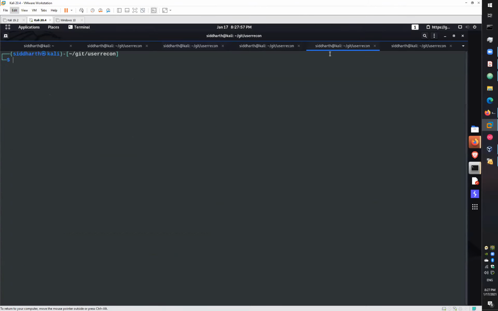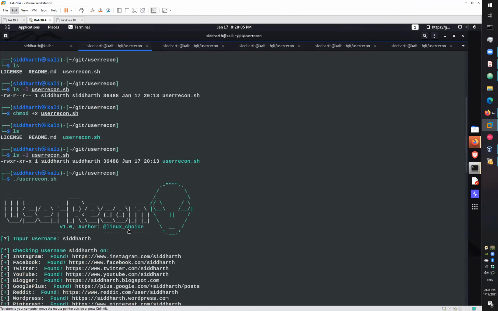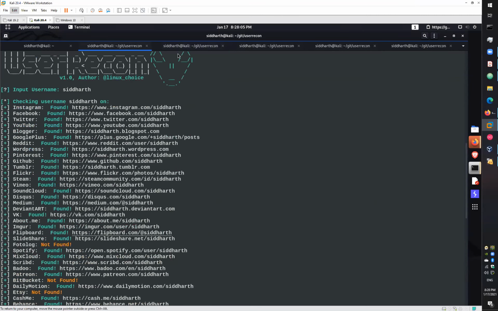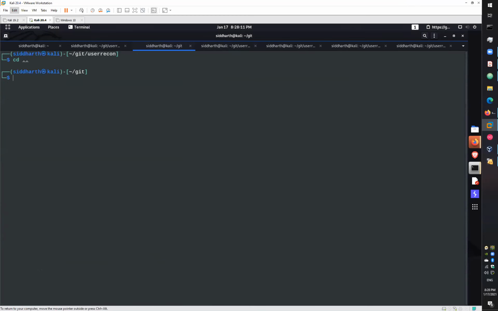Other than this, let's go for one more tool, that was Sherlock. It is similar to this user icon. For that, you can download this tool from GitHub as well.